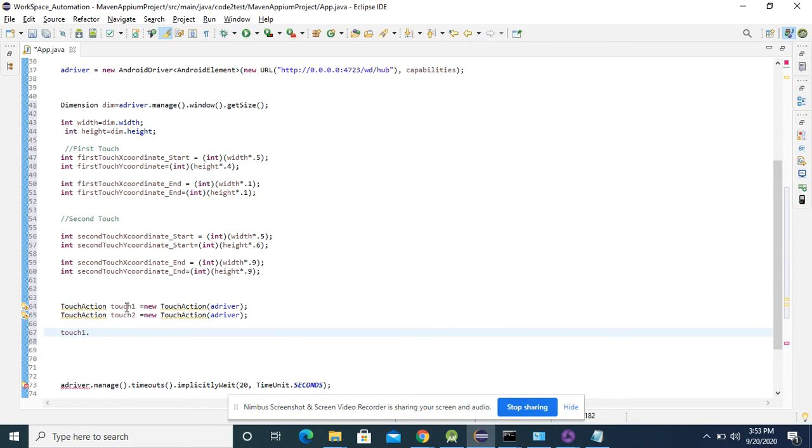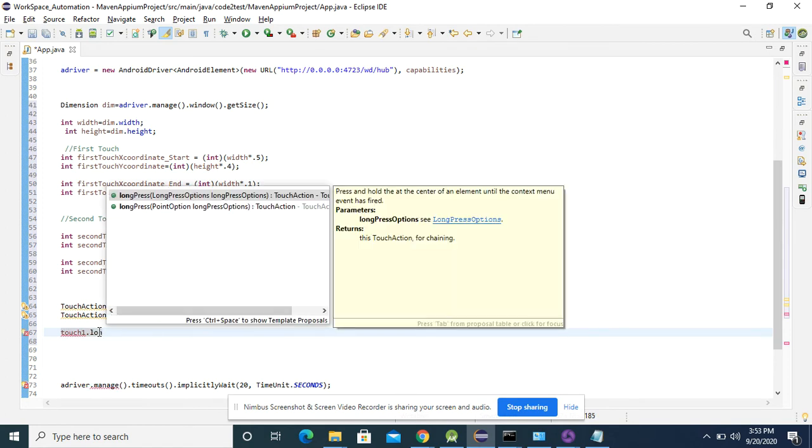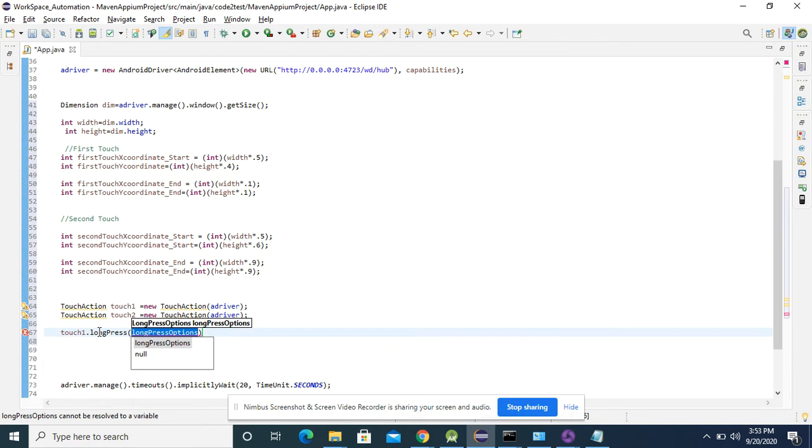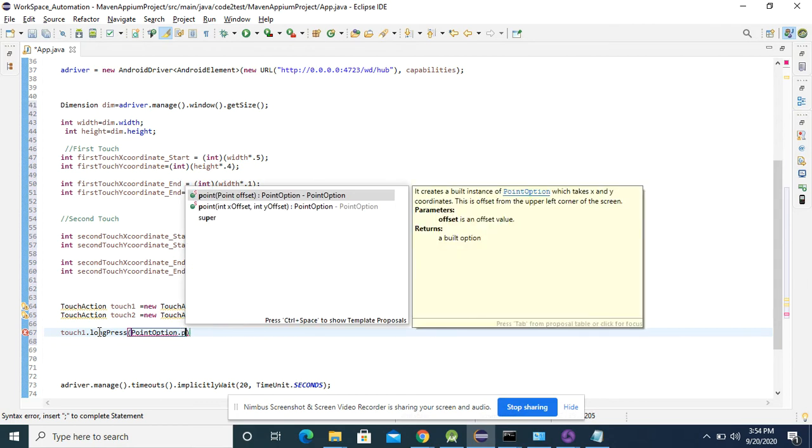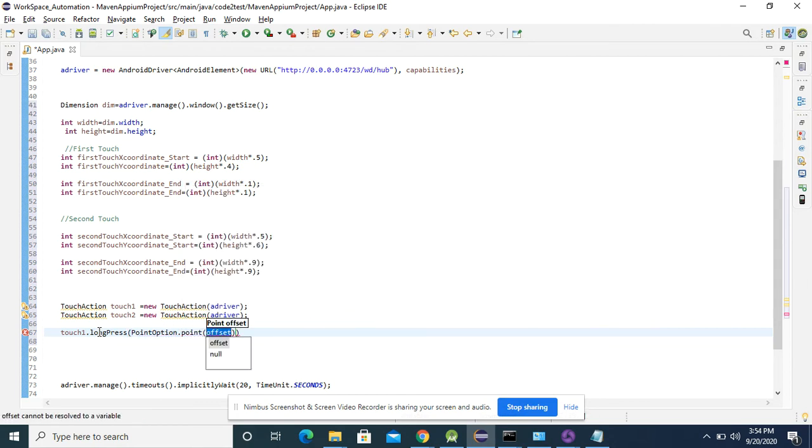So call the reference variable touch one and call the method that is longPress. Under longPress we have a class that is PointOption. Inside PointOption, we have a method dot point that wants my x and y coordinates.